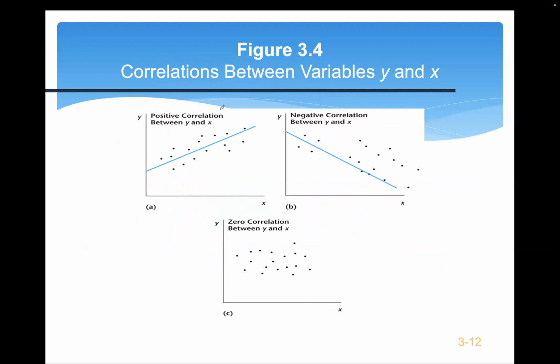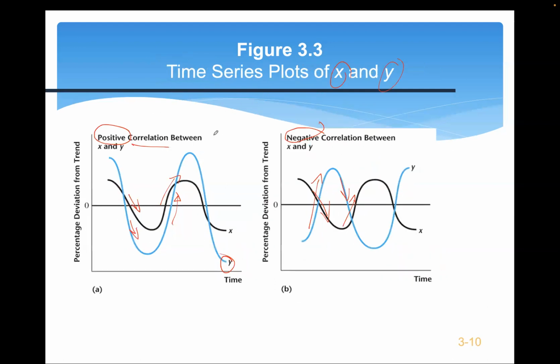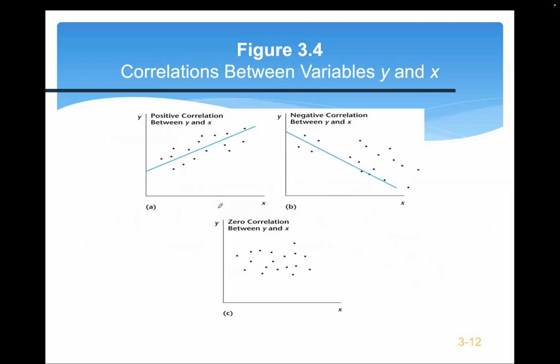Now let's look at another way. So what do we have here? Let's go back. Here we have positive correlation and negative correlation, which plot these two variables over time. But alternatively, we can just plot these two variables simultaneously, right? So this X and a Y. This is called a scatter plot. This is not over time, just